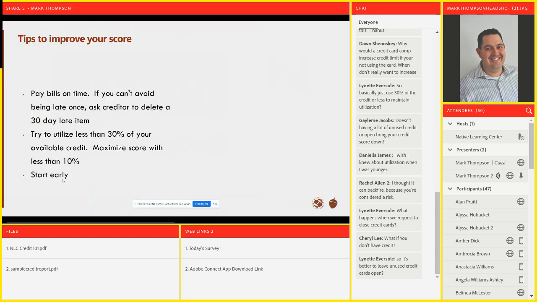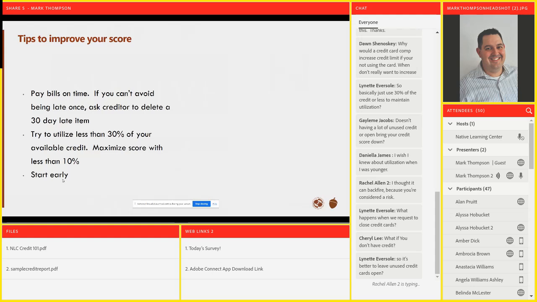So let's talk about real quick tips to improve. All it is, is looking back at that pie chart we had. We're just focusing on those different sections of the pie chart and how we can do different things according to the different charts. So like the largest chunk of that pie chart was your payment history.